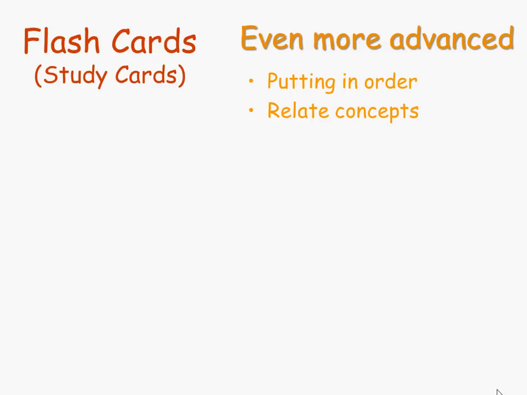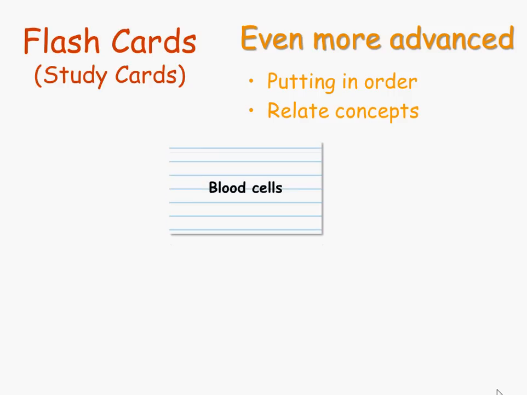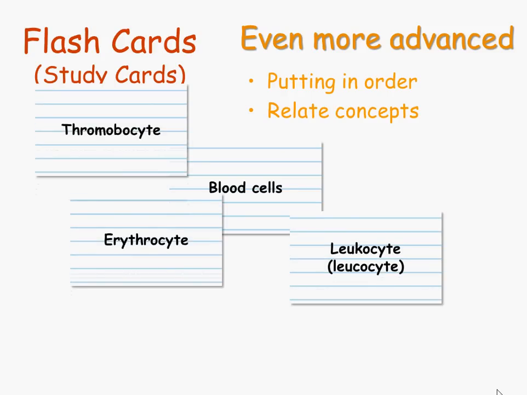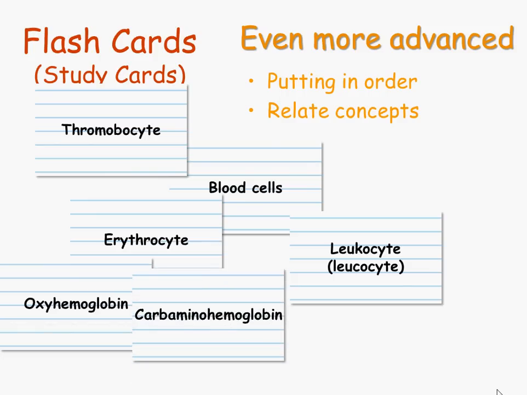Yet another way to get to those more advanced levels of thinking is to relate concepts. For example, let's say you have a stack of cards on blood cells. So you lay out that title card there, blood cells, and then you find in your stack the three main kinds of blood cells. The thrombocytes are platelets, the erythrocytes are red blood cells, or the leukocytes, which are white blood cells. And then you might find some other cards in the stack that you can lay out there, and we have oxyhemoglobin and carbaminohemoglobin, which we're going to lay on the erythrocyte card because those are both substances that are found within the erythrocyte and not the other